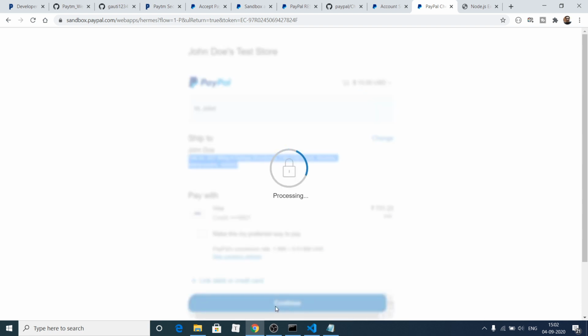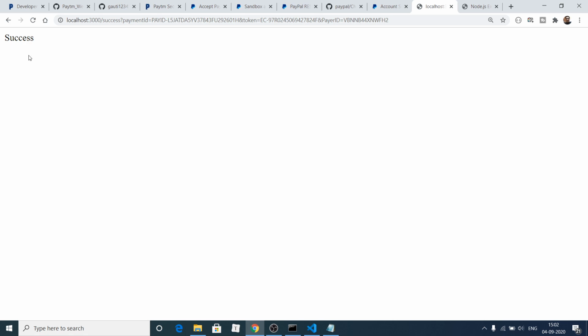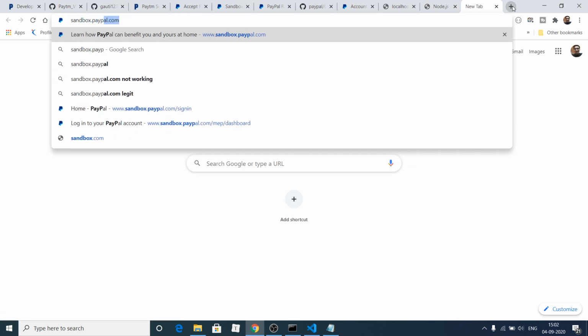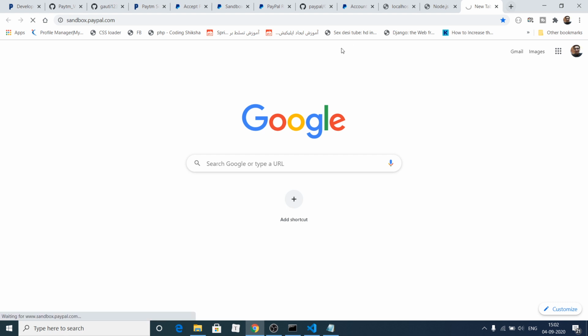If I click continue here, it will process the payment and then it will redirect you to the success page, and you can see success is there. So the payment is successfully made. And now if I show you, if I go to sandbox.paypal.com and if I log in with